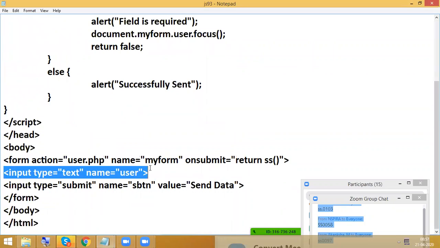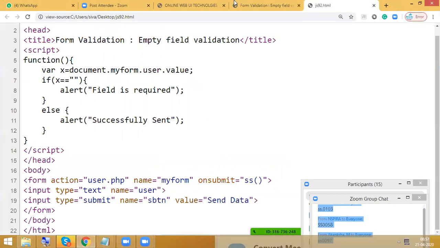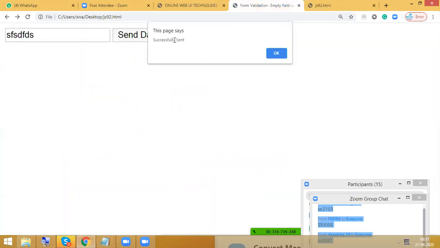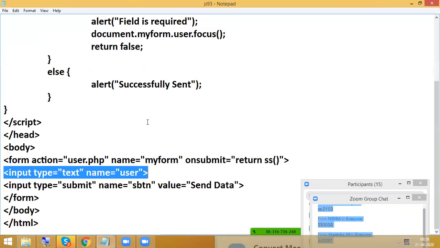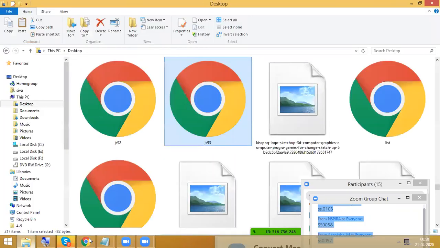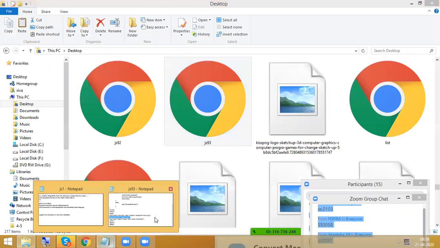So this time I will show the same example, but I'm going to display the error message. So previously I displayed it in the form of alert. I don't want to display in the form of alert. There only I want to display some message. Okay, fine. So how to do that? So now, it's 93. That's the file name.